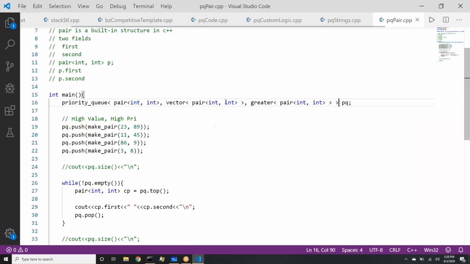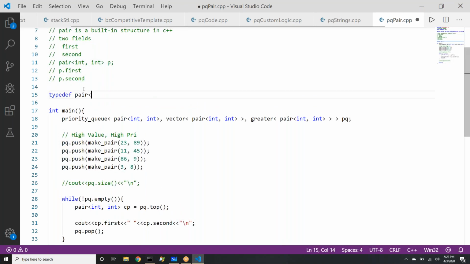So how do we get around this problem that, hey, we don't want to write such syntax again and again, it is becoming confusing. So what people do, people use a concept called typedef. Typedef is another name for a given type. So pair of int is a built-in type. You want to define another name for this, you can call it PII. People use this syntax. So this PII is a short form. Ideally, you can choose any name. It's not necessary you use PII, but PII is a short name for pair of int.